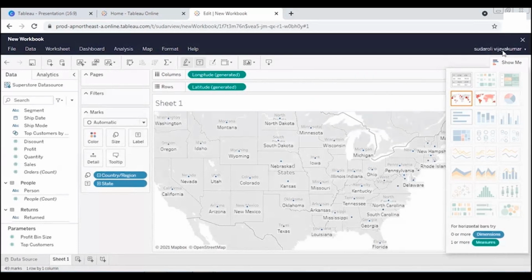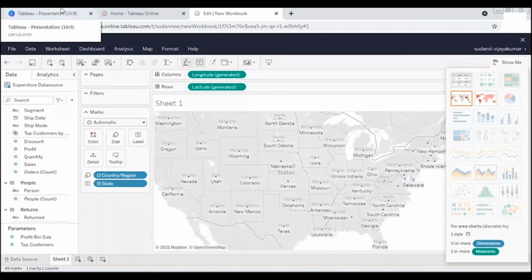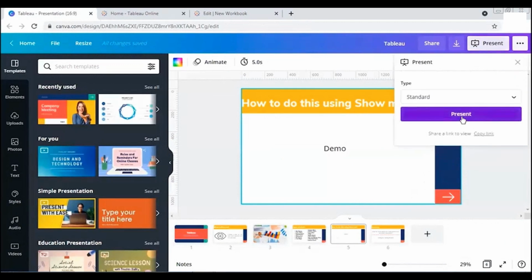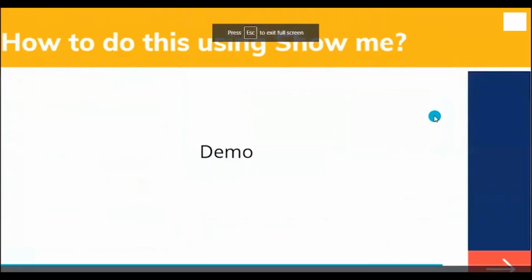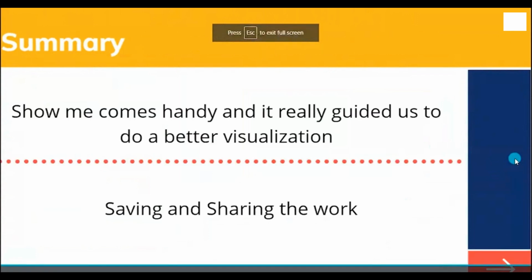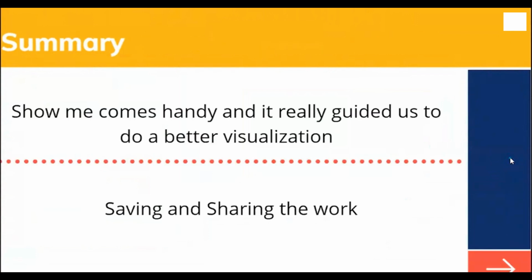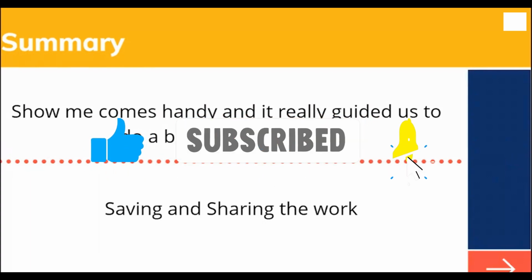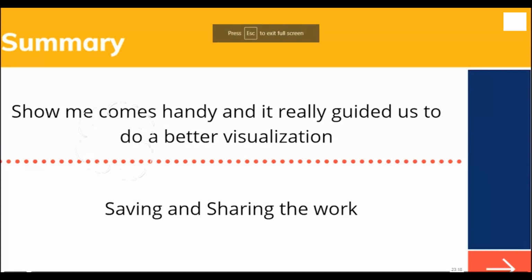I hope you have got an idea about the different types of commonly used charts in your Tableau. As I said, we cannot frame a rule like this is the chart for this, this is the rule. No, we cannot do that. However, depending upon the use case you are working on and which visualization looks appealing to you, based on that, you should be able to choose the right type of